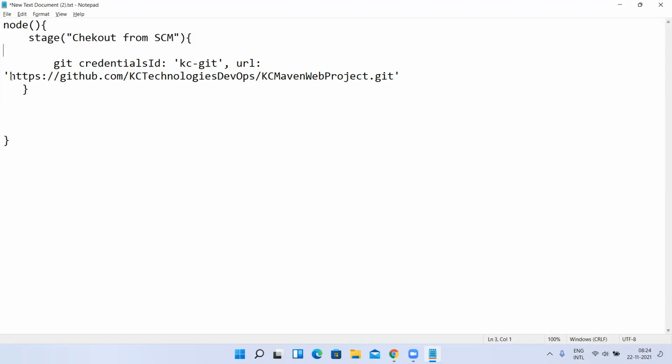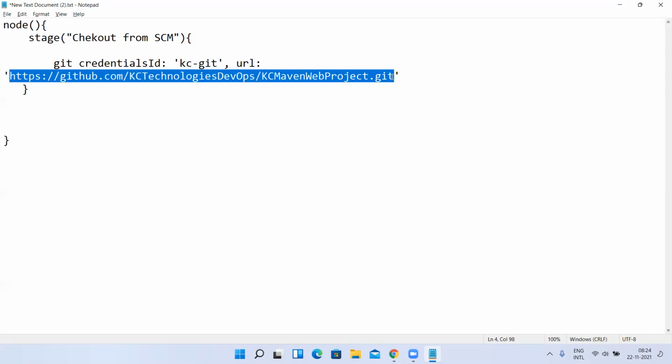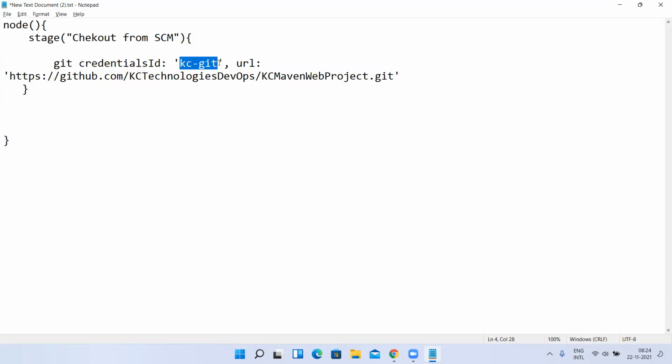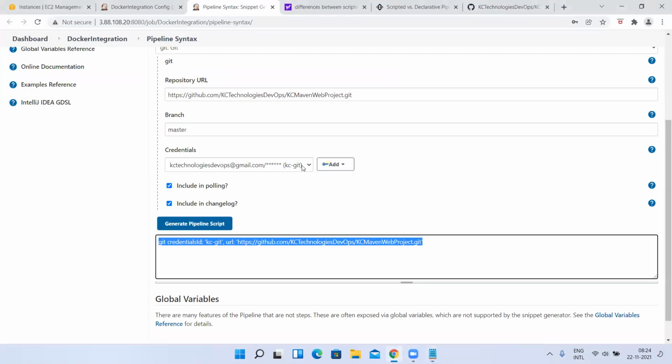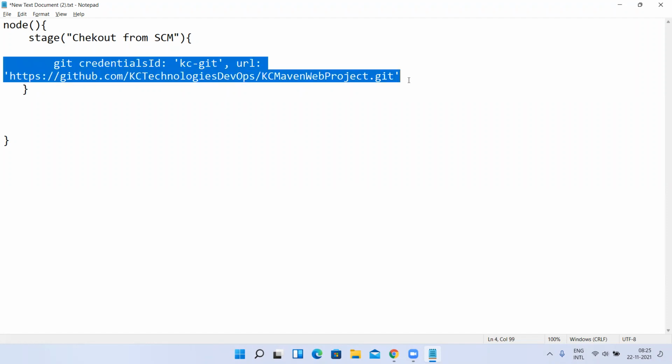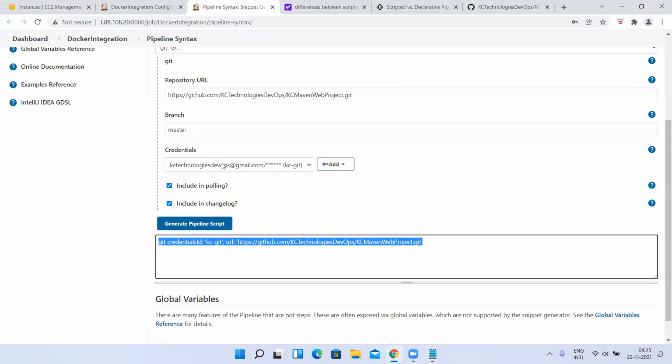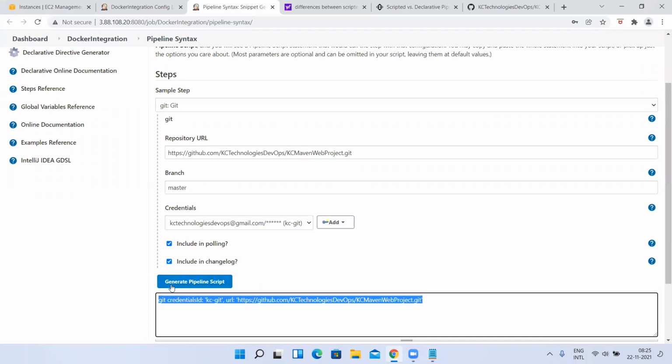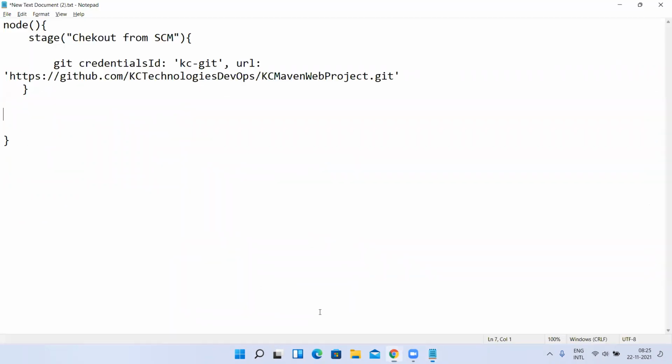So what this means is, this is going to be my GitHub repository, and the credentials which are attached to this ID have to be used to get the code from your GitHub. So if it is a Maven style job, in the Jenkins job where the GitHub option will come, there you will give repository, branch, credentials, right? So that is equal to this. Is it easy to do, guys? Yes, sir. So you just go here, select the particular option, give the details, and just click on generate pipeline script. That will give the details.